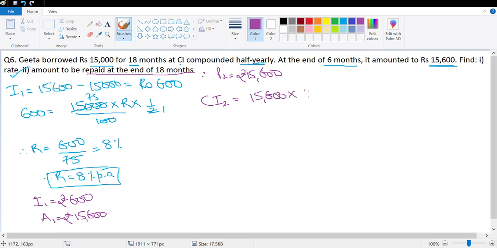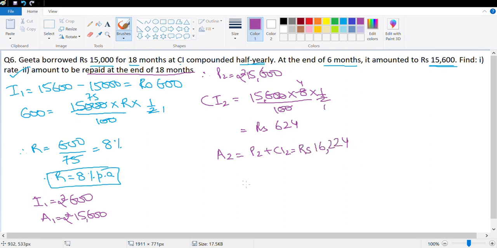We just calculated it as 8 into time, again half upon 100. This is 2124. So that's 156 into 4, that's 600, and 6 into 4, 24. So this is rupees 624, which means A2 would be equal to P2 plus CI2, which is 15,600 plus 600,